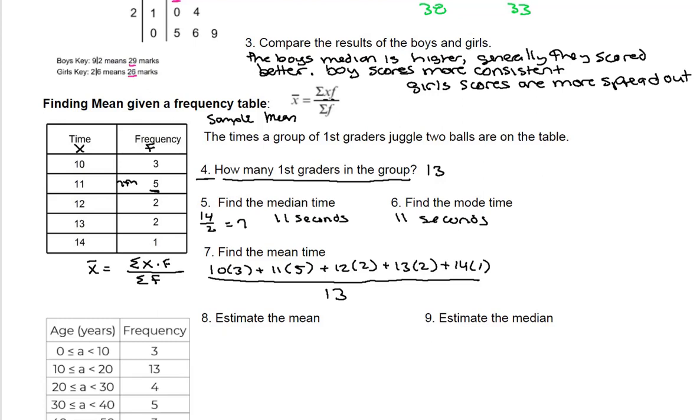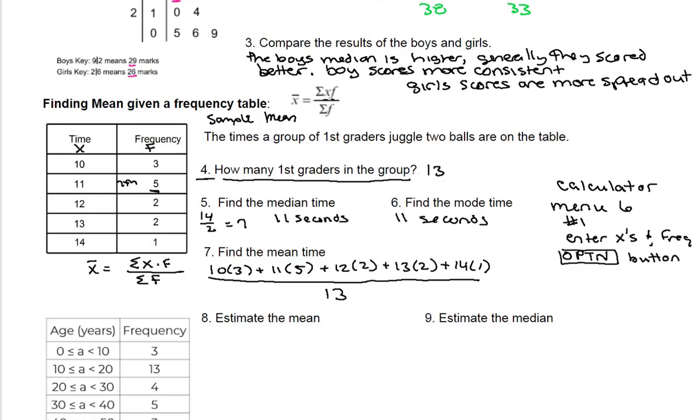If you push menu and then stat, which is number 6, you're going to see a stat. You push number 1, which is one variable statistics. Then you're going to enter in all your x's and their corresponding frequencies. And after you get all those entered, you're going to push the option button. And when you push that, then you're going to push number 3, which is one variable calculations. And then you'll get all kinds of information. And one of them is going to be x bar, or the sample mean, which is going to be,